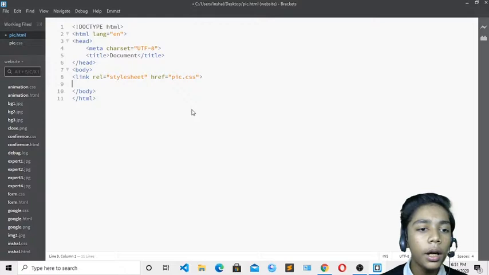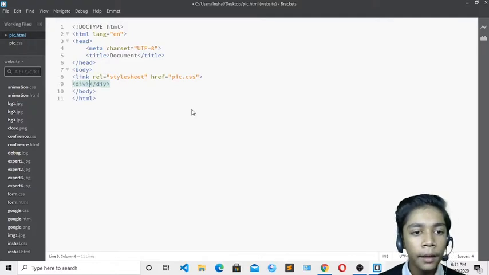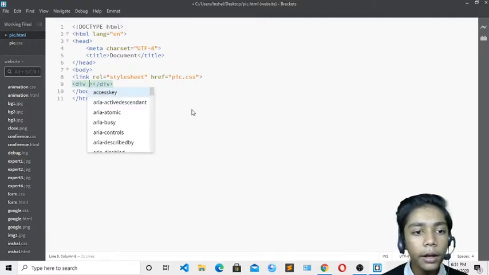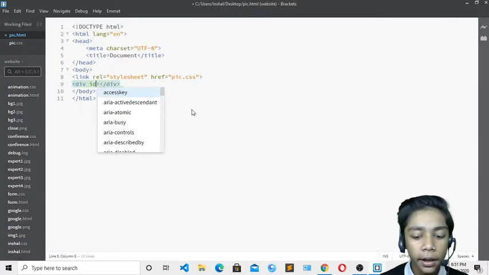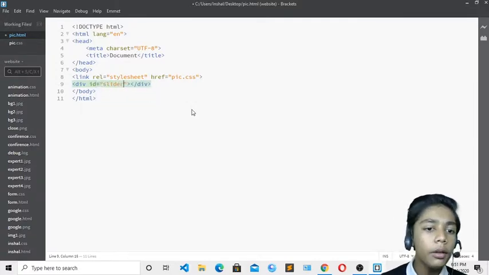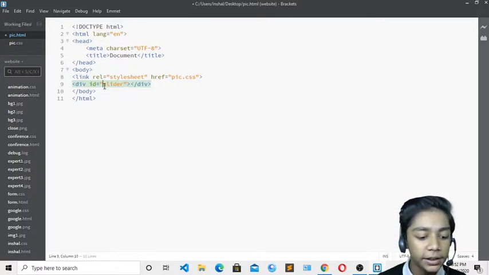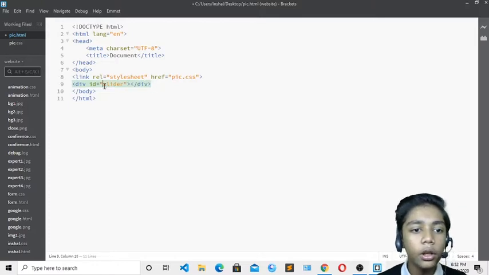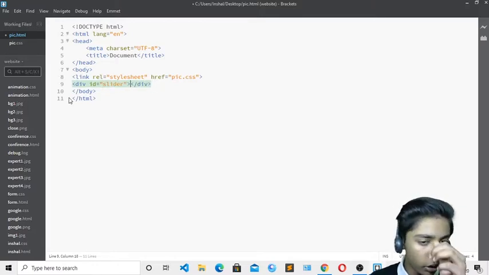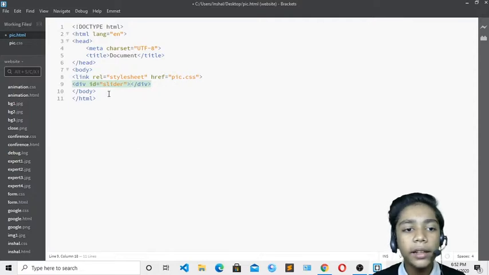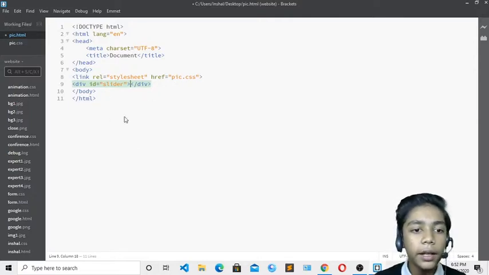So first of all I have to create an ID. Today we will not create any class, we will create an ID over here. First of all we write div, and now I will not write a class, I will write id, and I will write slider. I am telling you one thing: when we write a class and style it in CSS, we write dot slider, or dot and whatever class you have written. But for an ID, when you are styling it, you have to write the hashtag sign in front of your ID, like we write dot and then our class. So first we write the hashtag, then we write our ID.